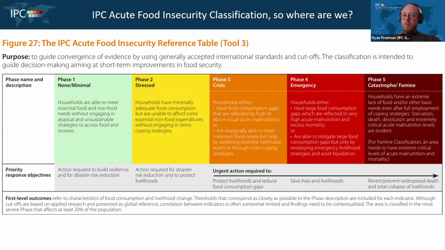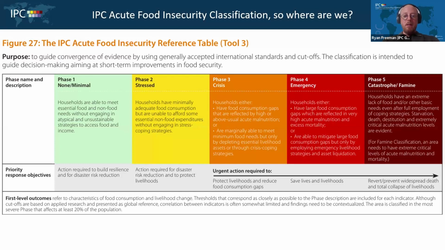And I think one of the other points I wanted to highlight here is some analysts will focus a lot more on contributing factors. Some analysts will focus a lot more on outcome elements or the indicators, and some will focus a lot more on the relationship that they have between them. So all three are perfectly acceptable approaches within the IPC, and this is why it's such a rich process, to get all of these different viewpoints.